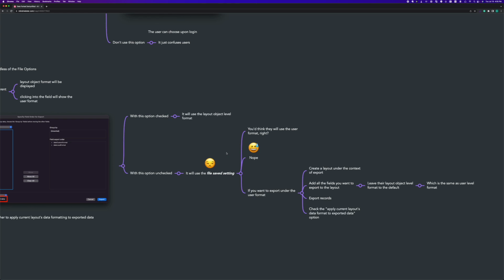If you actually want to export under the user format, you need to do a little bit extra work. You want to create a layout under the context of export. So let's say you're trying to export company records. You want to create a layout under the company table, and then you want to add all the fields you want to export, or even just all the fields of this table, to that layout. And you want to leave the layout object level format untouched because by default, it's going to use the user level format. And then you use export records from there,